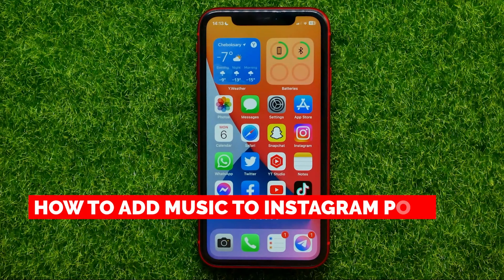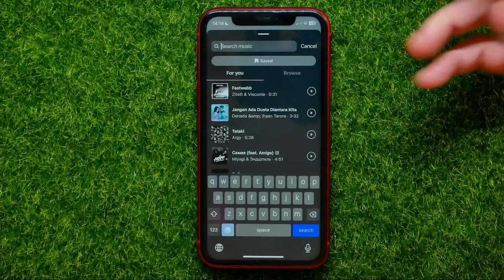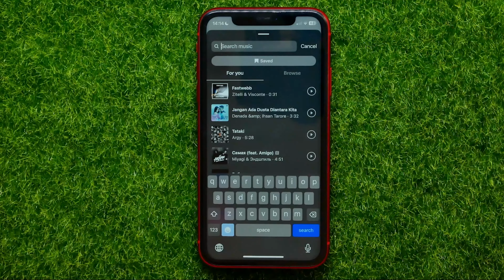Then you can add some filter to that photo. I'm just going to tap next again. And on that step you can easily find this add music feature. You can just tap on that to show up the music selector, and from here you can search